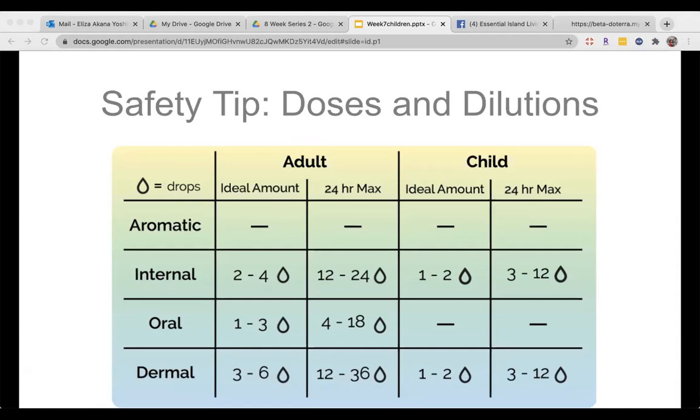But the most important thing to remember when using essential oils on kids is that they are not tiny adults, right? They have a much lower body mass. They're still developing. Their bodies and skin are more sensitive than ours. So essential oils, especially doTERRA, are extremely potent. So a little goes a long way. We say this often too. It's like smaller amounts of oil more frequently is more effective than larger amounts of oil once or twice in